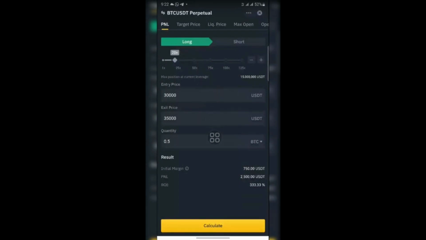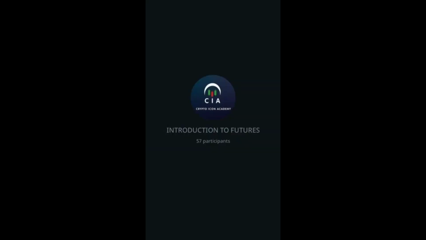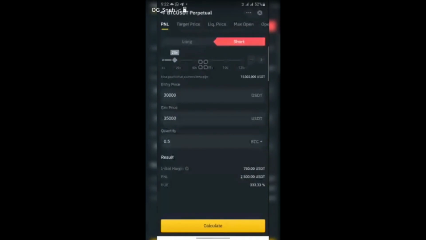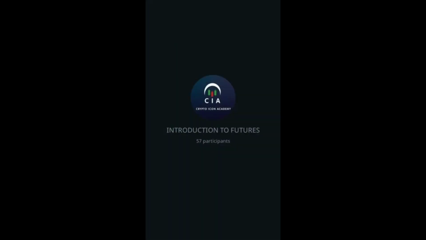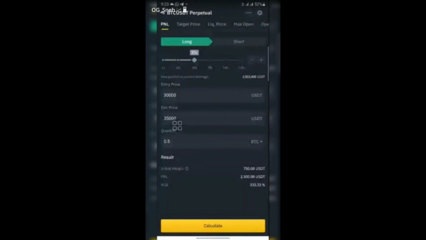Or they say I should long the market. Long. They say I should use 50x leverage. I use 50x leverage, so I've changed it to 50x leverage. The entry price that I was given is 30,000 and the exit price was 35,000. How much am I going to gain? This quantity doesn't matter. You can put anything. So how much am I going to gain if I enter this particular trade and the trade actually plays out well? You click on calculate. So you are going to make 800%.